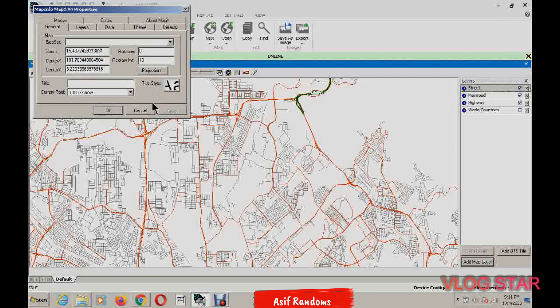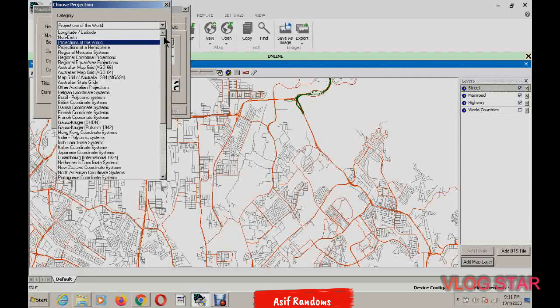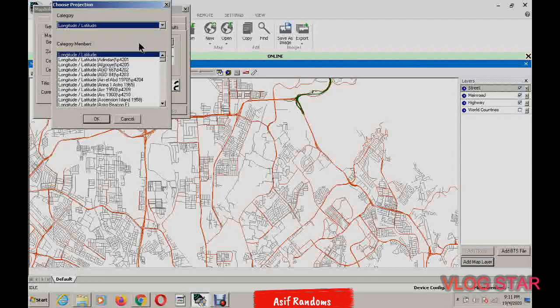Here there are many options, but we need to use projections. Just click on projections. Here category. In category we need to put longitude and latitude. Just select it, then below one is category members.